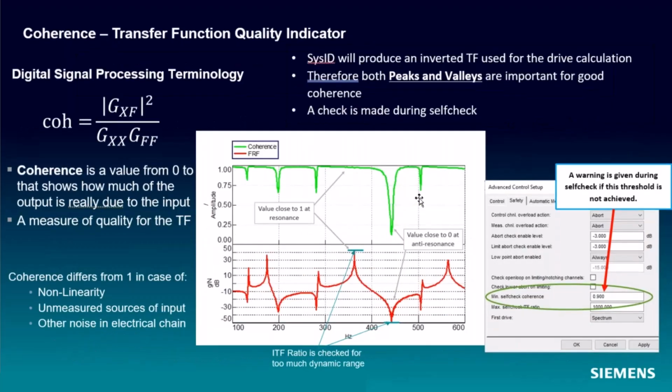Coherence is another thing that we measure in system identification. It's an indicator of how good the system transfer function is. And for sine especially, you want to have really high coherence between your drive and your measurement. And if you don't, you might have picked a control location that is not the best control location for your test.